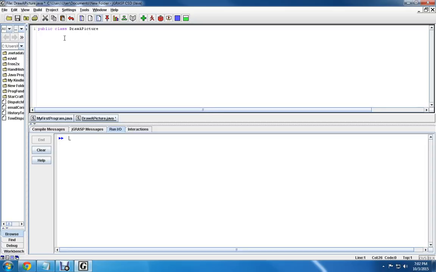Don't forget, open curly brace, close curly brace, and then we need to have a main method in here. So again, public static void main, String capitalized, open bracket, close bracket, space, args, close parentheses, open curly brace, close curly brace, and now we can write our code. So let's do the command we've learned, System.out.println,